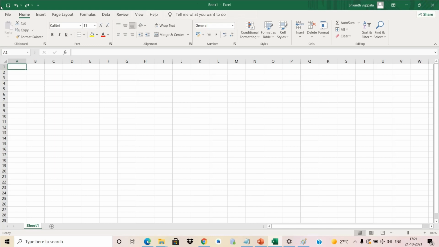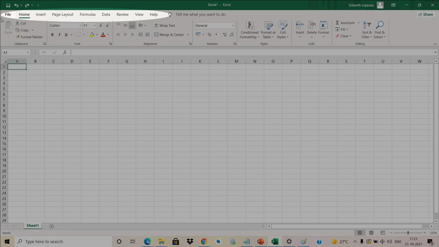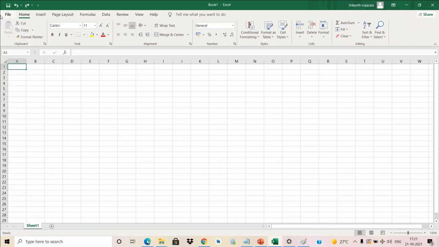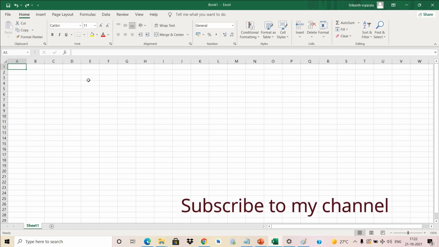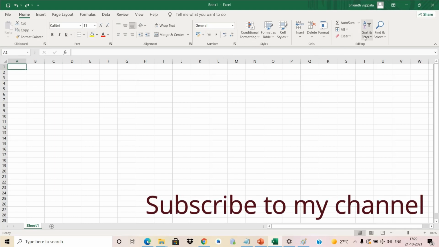Okay, so this is the top header. These are the options available in the top header of the Excel sheet. So coming a bit down, you can see there are file, home, insert, page layout, formulas. This area which is highlighted is called tabs. Under each tab we have other options which are known as ribbon items. So you can see under home you have paste, cut, copy, format painter, and font, alignment, number, style, cells, editing. All these menu options we are going to see in our upcoming sessions.